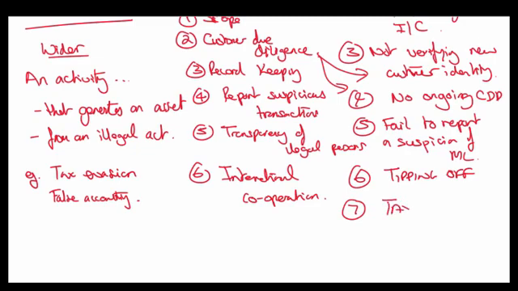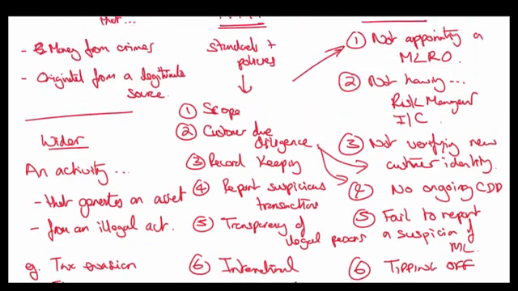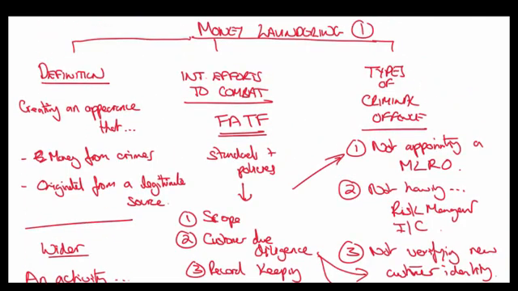And of course, the one that we talked about before, tax evasion is also a money laundering offence, as is false accounting, okay? So make sure you learn all those. Learn them in that amount of detail. Okay, this is money laundering 1, and we go on to money laundering 2 on the other